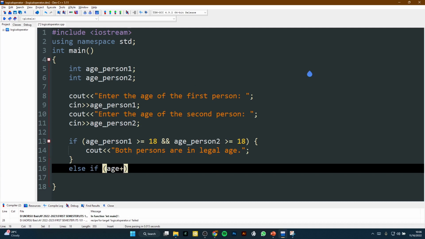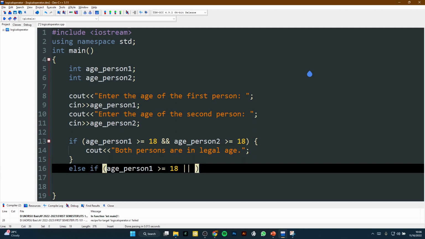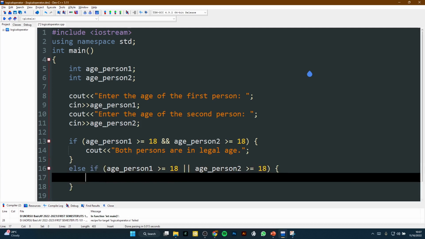Let's say age person 1 is greater than or equals to 18, or age person 2 is greater than or equals to 18. So wherever of the two, person 1 or person 2, is legal, then it will say